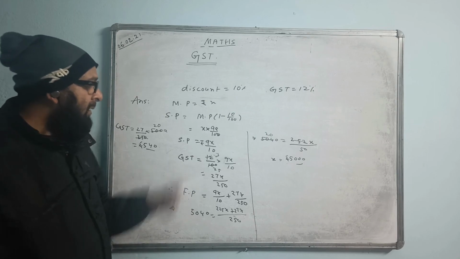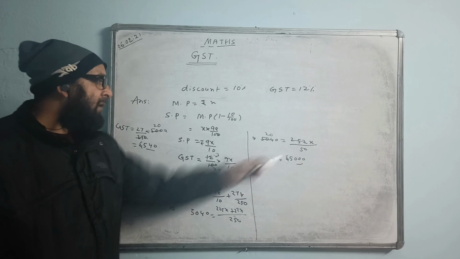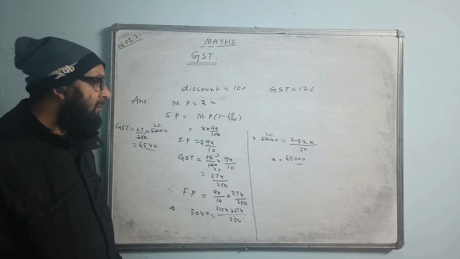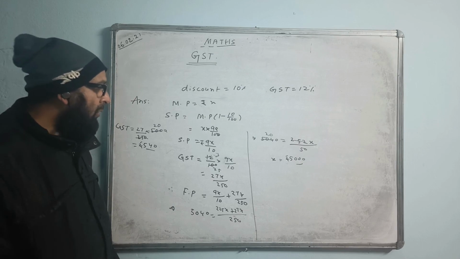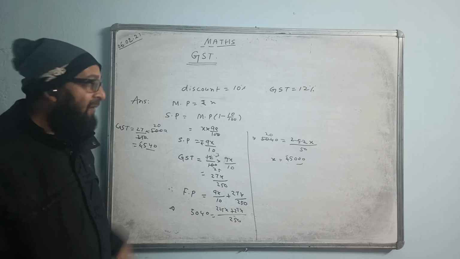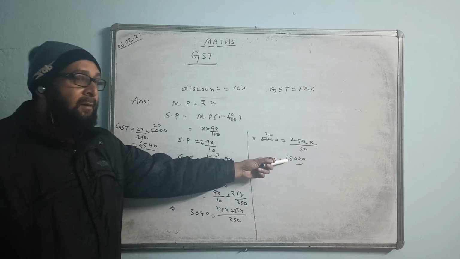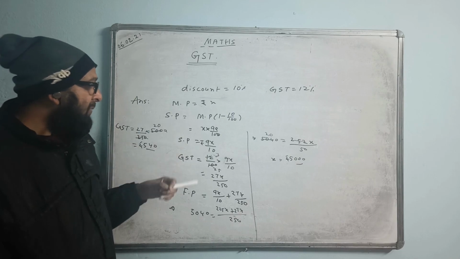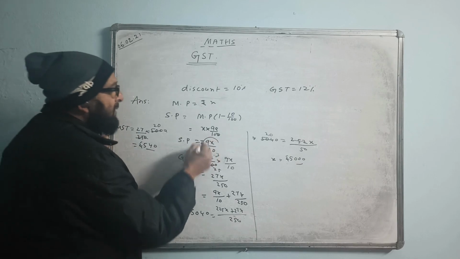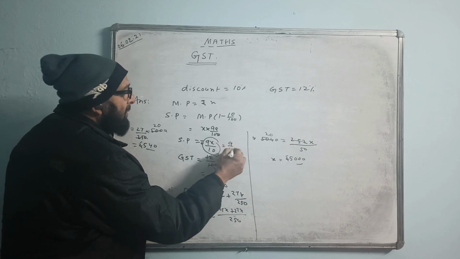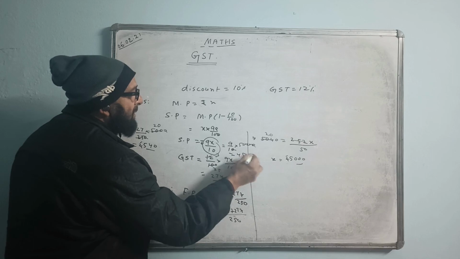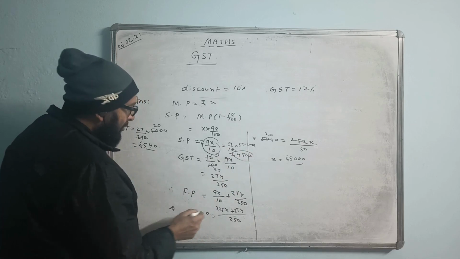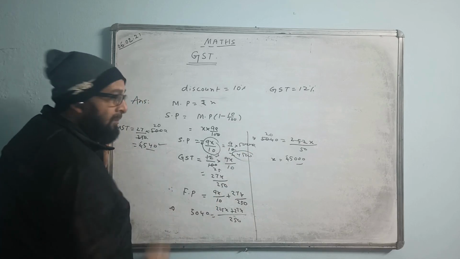This final price and the mark price, that also you can do. This one, 5,000, that also is the same? No, it won't come there because there is a discount issue. 5,000 was the mark price, but the sale price is different. You can find your sale price. Sale price is 9 by 10 into 5,000, so 4,500 is the sale price. Then you subtract 5040 minus 4,500. Then this answer will come.